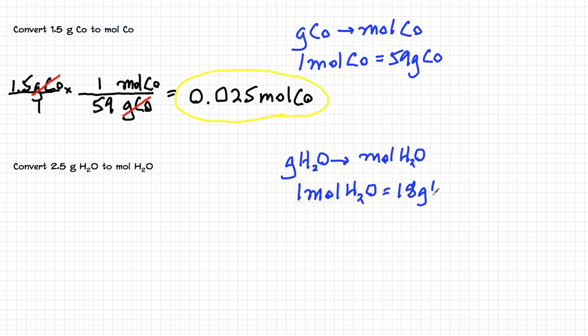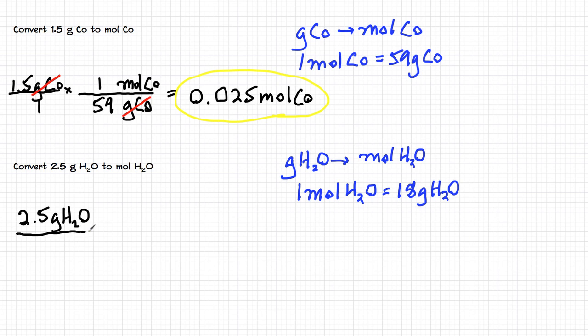Now, this is the molecular mass of water, and I've added up all the atomic masses of all the atoms in water to equal 18 grams. So I start out with 2.5 grams of water,